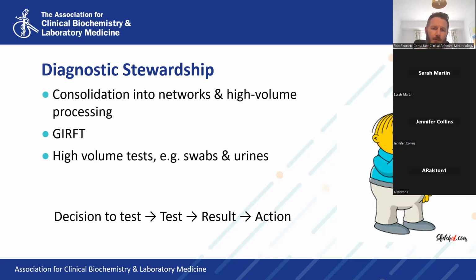So we all know in our laboratories, we process a lot of rubbish samples that have very poor clinical information. And I think we need to move our efforts upstream. So effectively, we're doing more higher quality samples, cutting out some of the rubbish that's adding no clinical value to the patient and potentially causing harm and costing us money and contributing to the massive carbon footprint that we have. So I'm happy to hand back to Martin now, if that's okay.